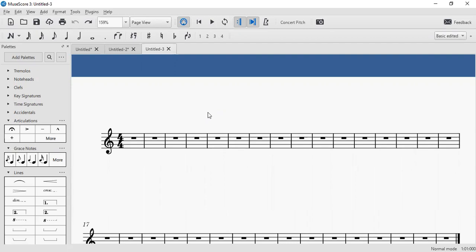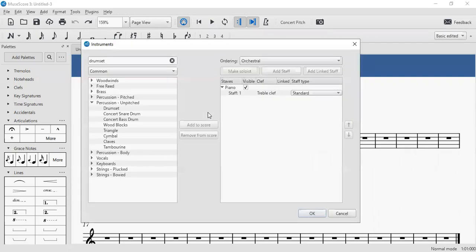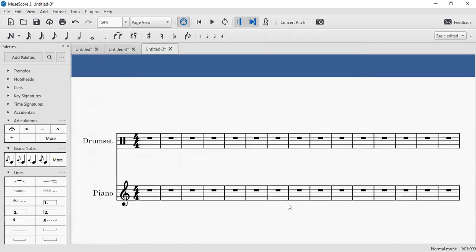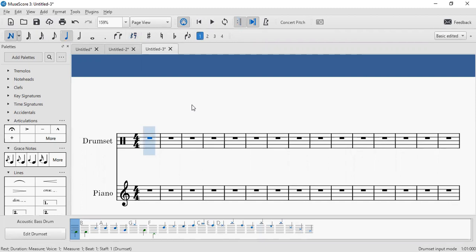I press on I, which gets me to instruments. Then I search for drum set. And I add it to the score. Now I want to be in the note editor, so I press on N. Let's start with closed hi-hats